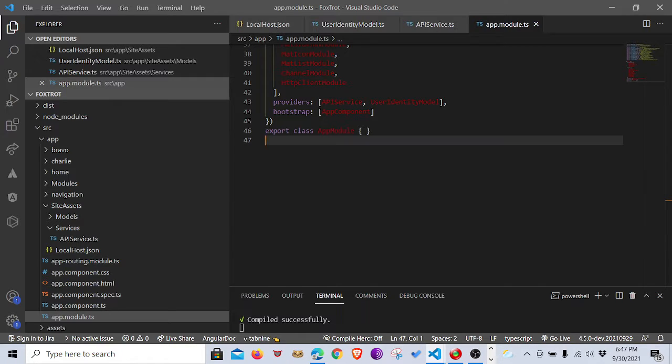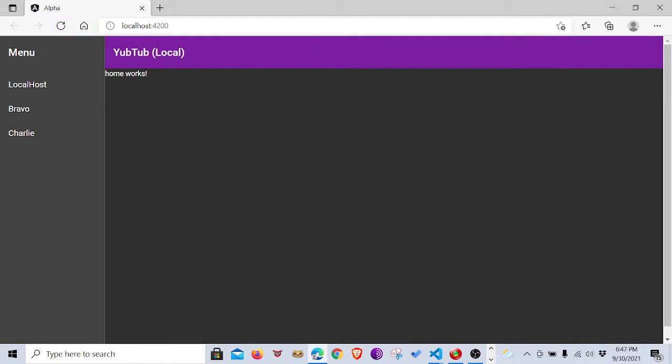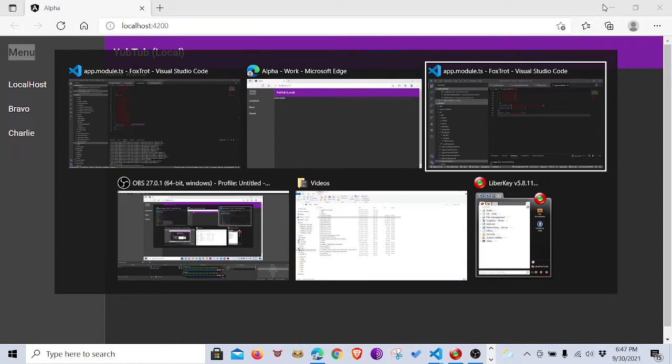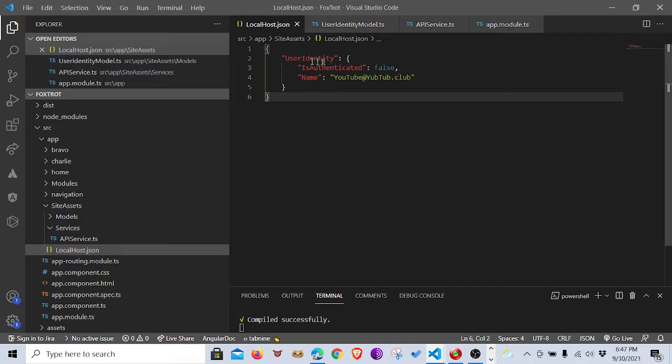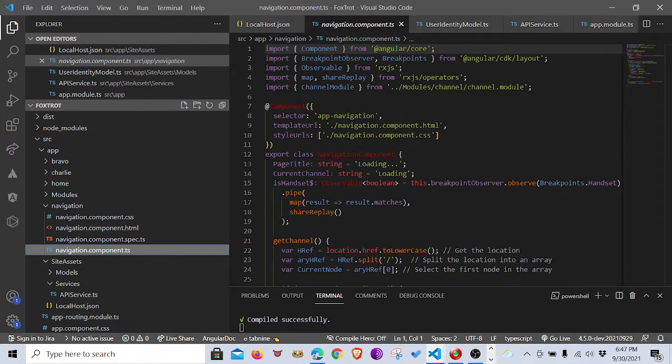We want to make use of this code, this imported data in our navigation component. And what I want to do ultimately is I want to print the name of the user up here. So as you can see, the name of the user is the email address. So in my navigation component, TypeScript,